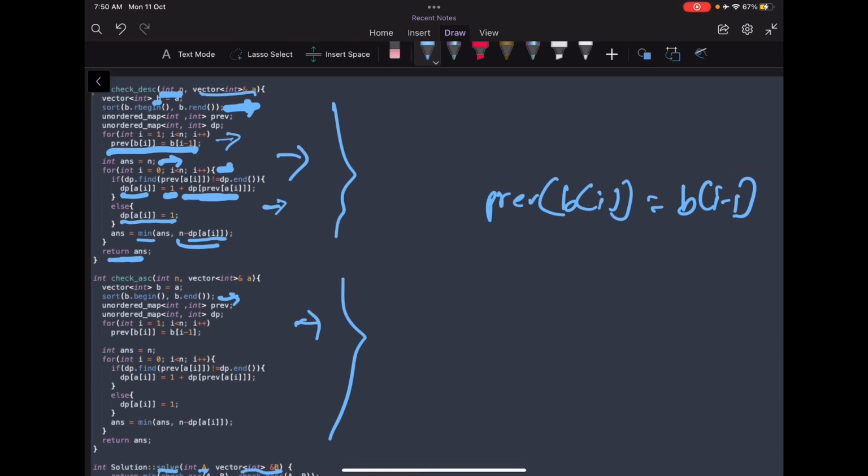So what is the time complexity and space complexity of this method? Since all of our iterations are linear, like this iteration is also of the order n, and this is also of the order n, but since we are sorting the array, that is of the order n log n, so the time complexity would be O of n log n. And what about the space complexity? We are using two maps which will consume linear memory of the order n, and we are using an extra array b to store the sorted array. So our memory consumption is also linear. That will be order of n, so O of n.